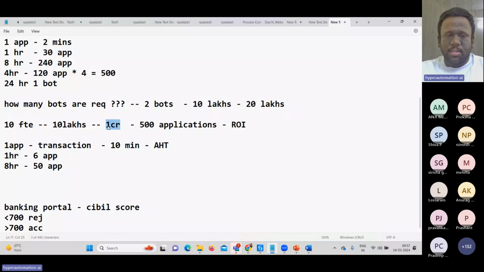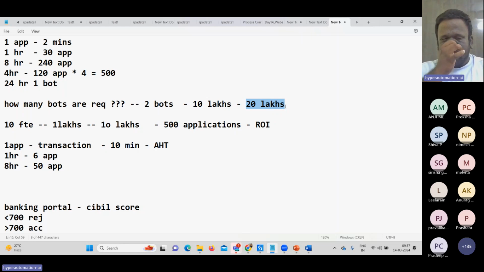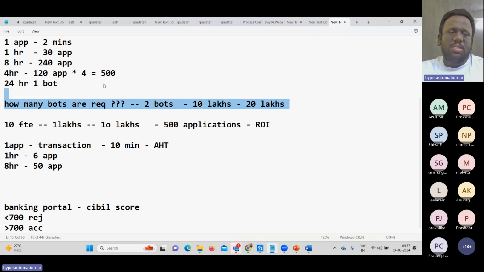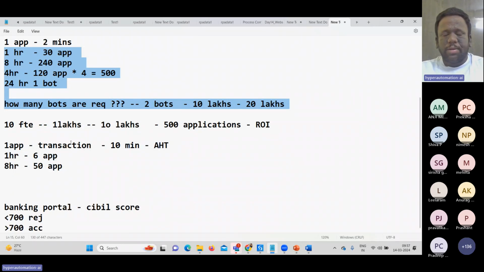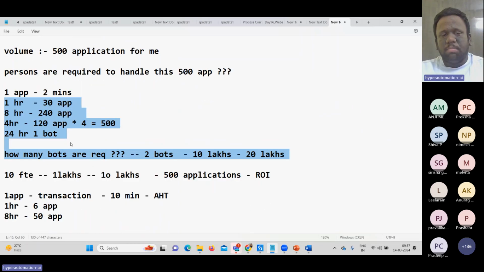across 80 lakhs, right? Now let's say that instead of 10 lakhs, I'm going to pay only 1 lakh per employee. So it's going to cost me 10 lakhs. But here you are implementing with 20 lakhs. Though you're implementing automations, it's going to cost you another 10 lakhs, so there is no return on the investment. So it's not the best fit for automation at all, right? You need to consider these things when you are trying to understand what is being considered for